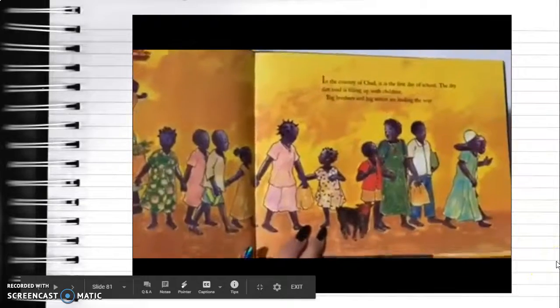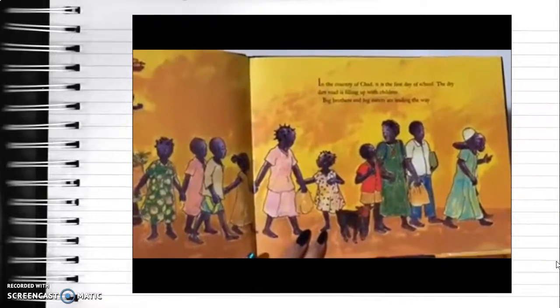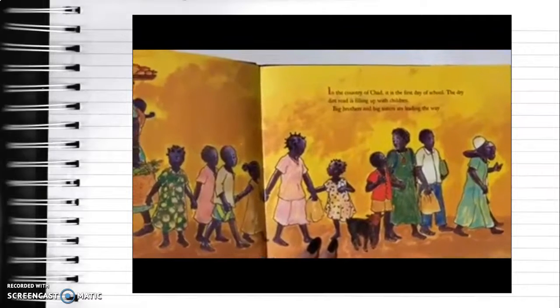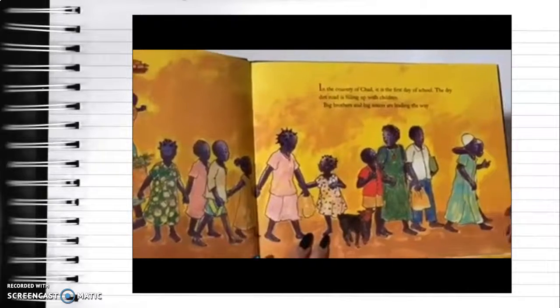In the country of Chad, it is the first day of school. The dry dirt road is filling up with children. Big brothers and big sisters are leading the way.